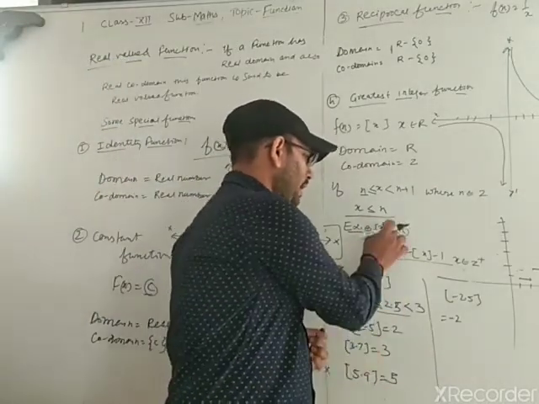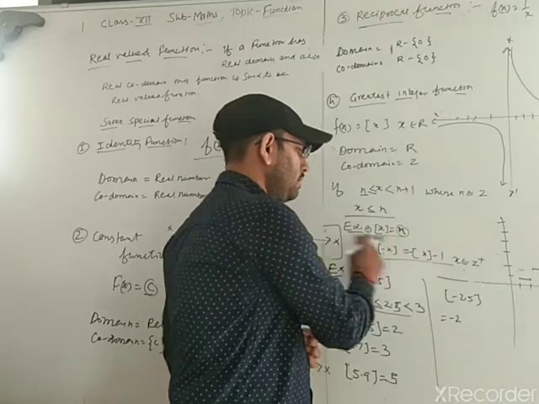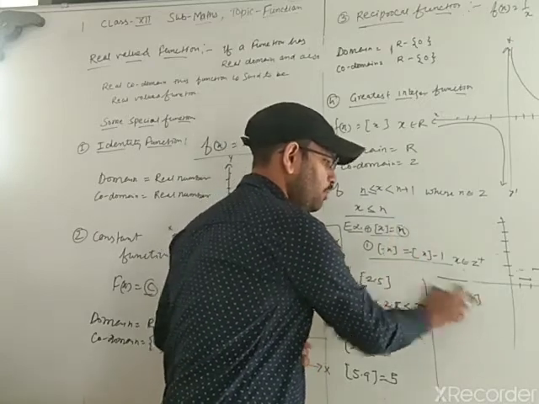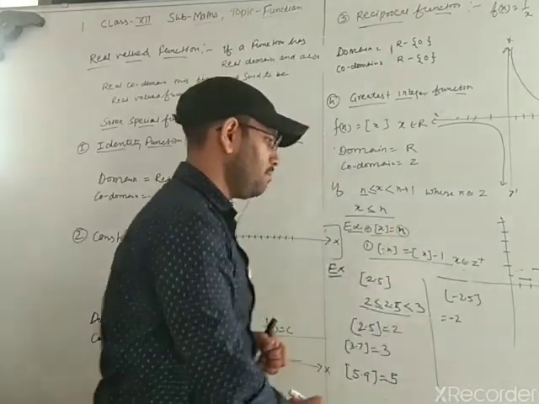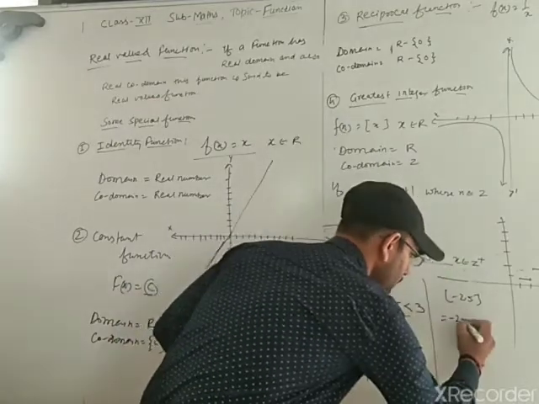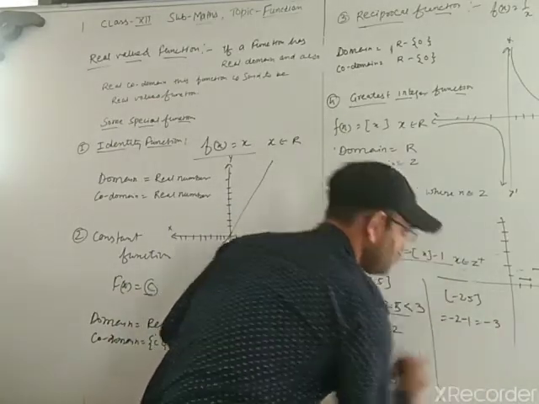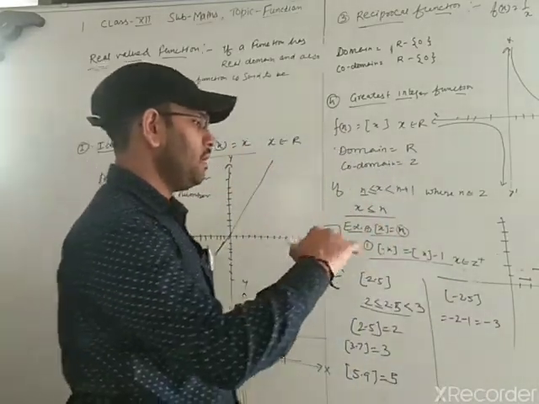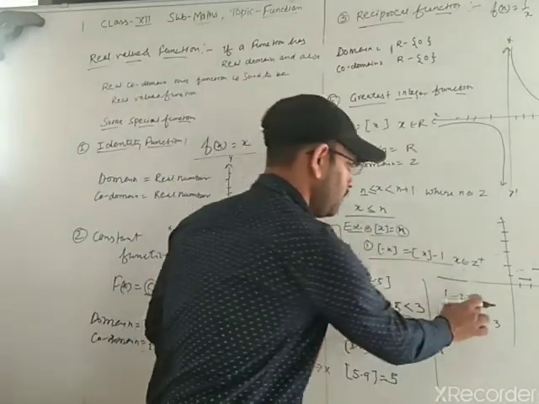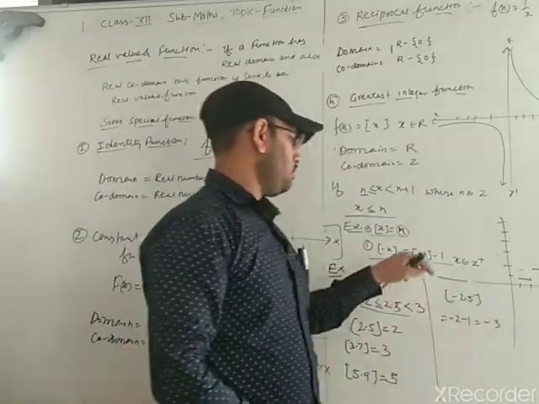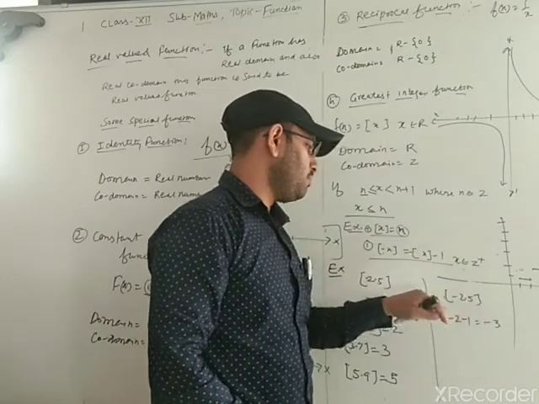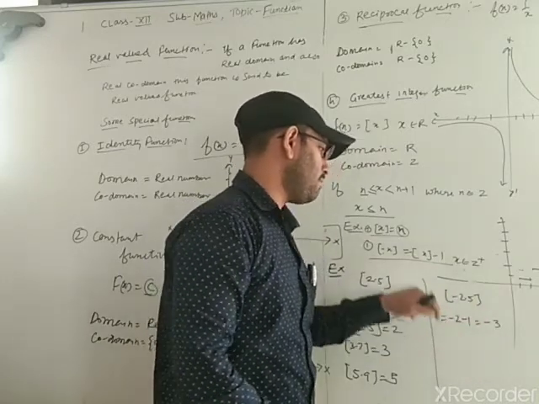If you have x inside, the result is n. So you have 2 minus 2.5. What do you get? Minus 2, also minus 1. So the result is minus 3. It means one less than the given value. We have minus 2.5, so we get minus 3.